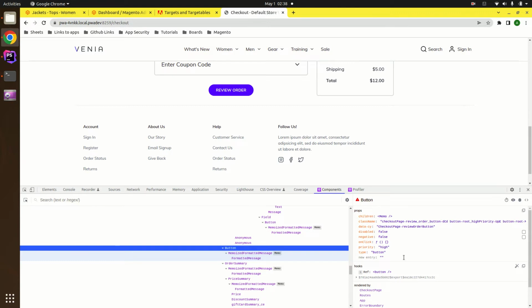So right now the disabled attribute is false,